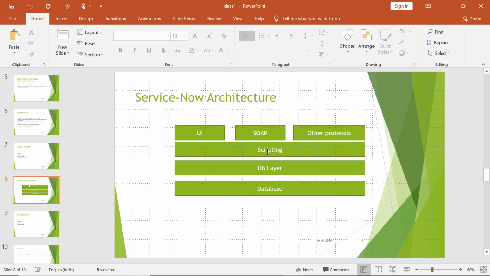So who will have access to the scripting layer? The scripting layer, we as developers of ServiceNow will have access to. What ServiceNow has done, guys, is created its own scripting language, to decrease the dependency on any specific scripting language. So what we are targeting to understand here is that whenever I'm building things from the system perspective, in the scripting layer, what ServiceNow is building has its own scripting standards.